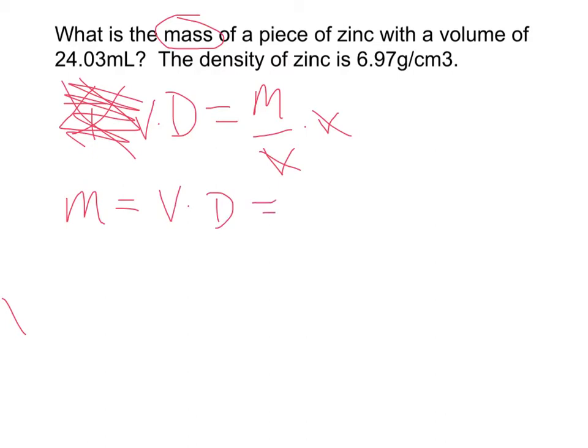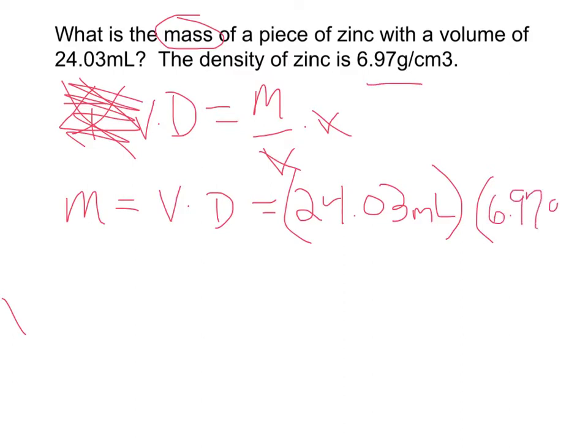Substituting in, volume is 24.03 milliliters. The density of zinc is a given value, at 6.97 grams per centimeter cubed. And then when we crunch the numbers, the calculator is going to tell you that the mass should be 167.4891